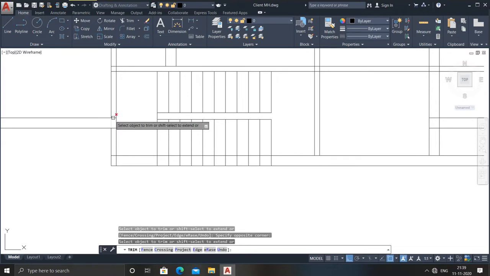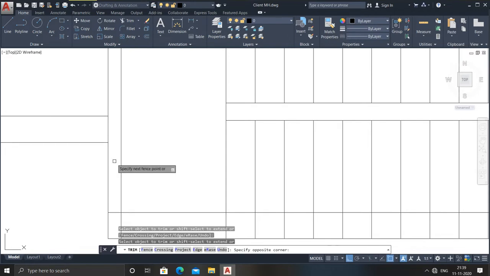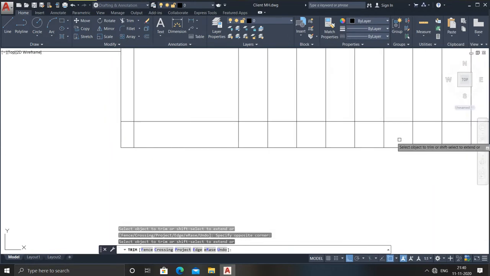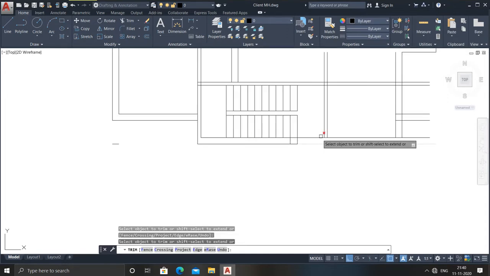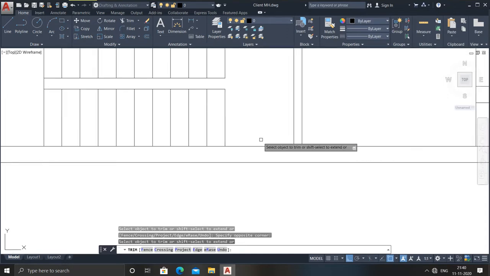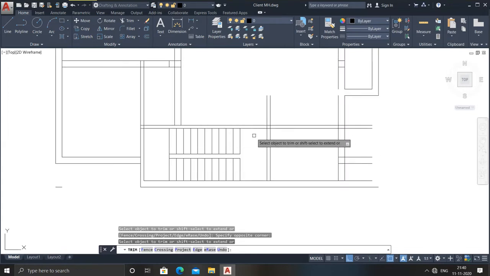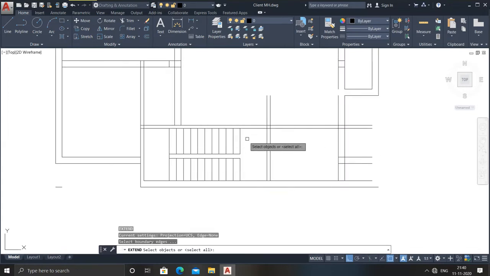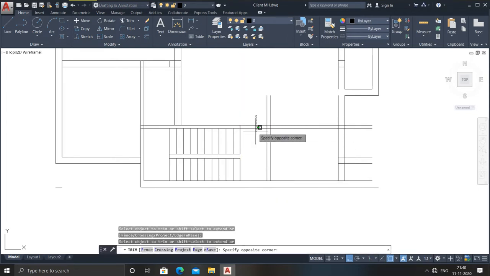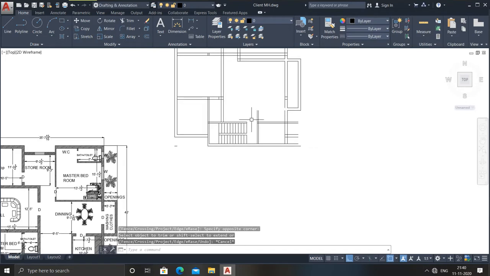Now here also, these all are unwanted parts which I am going to trim. These all, this all, these also. After that, what I need to tell you is that this also, once you go for the extend command, just extend over here. Now go for the trim command, just trim it. I have trimmed, right? So just go for escape.